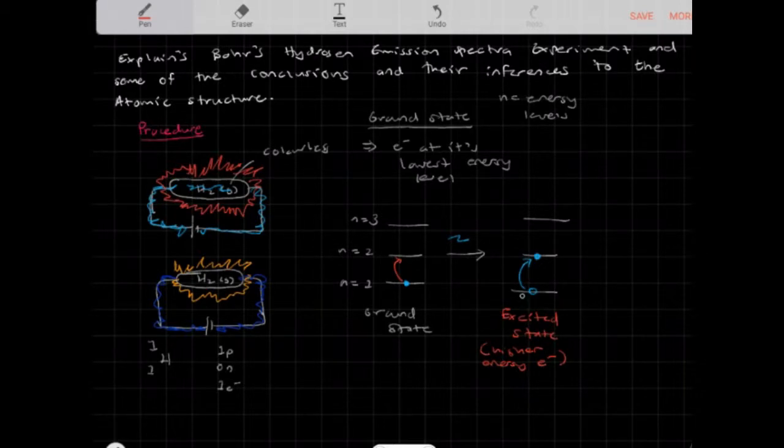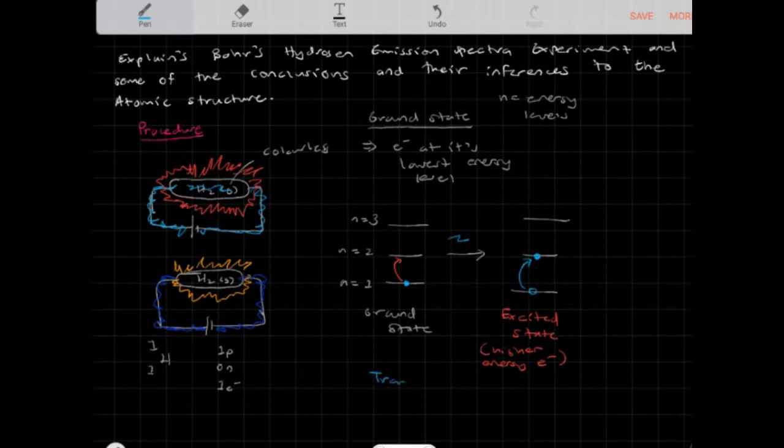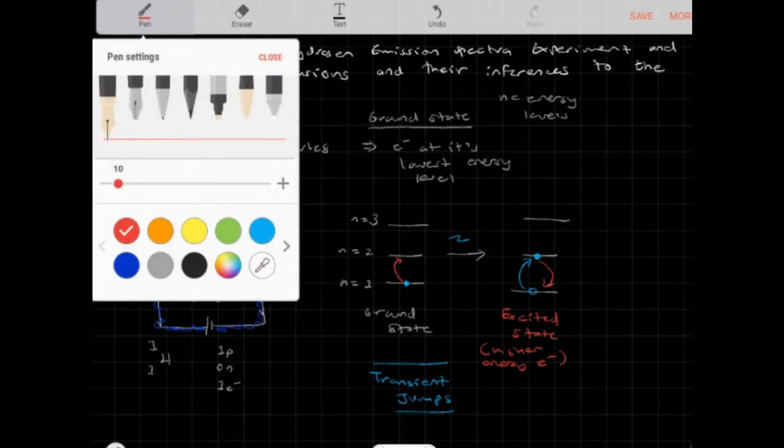So now the electron's at an excited state, but it doesn't stay there forever, right? These jumps from the lower energy level to a higher energy level, Bohr called transient jumps. Okay, these electrons undergo transient jumps, and a transient jump is a temporary jump. So the electron doesn't stay at the excited state energy level for too long. It falls back to its ground state, right? So the electron will fall back to its ground state, and when it falls back to its ground state,